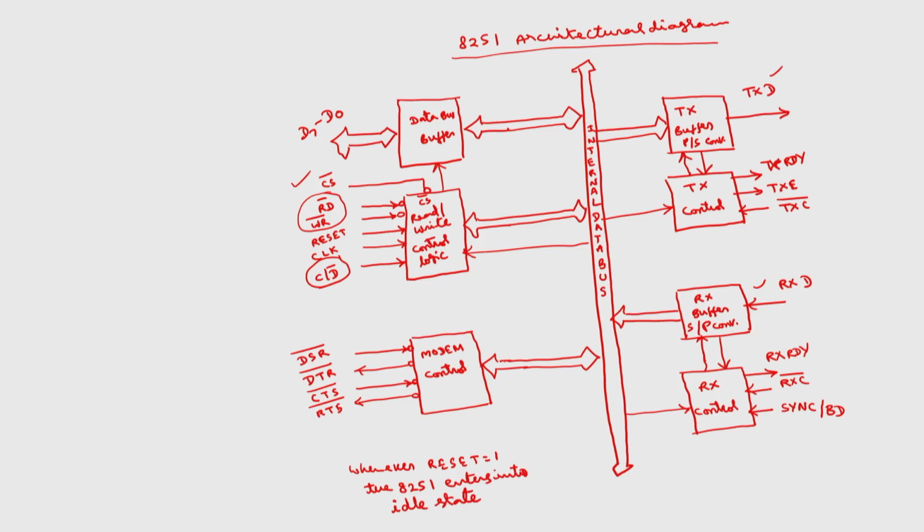And because inside this we have sequential logic, it requires some clock to operate all these functions at some rate. One important point here is that this clock is nowhere related to the transmitter and receiver speeds. It is internal to these particular blocks only. This clock is not going to decide the speed of transmission and reception. The speed of transmission and reception will be decided by two clocks called receiver clock and transmitter clock. Okay. Now, coming to read bar, write bar and C by D bar.